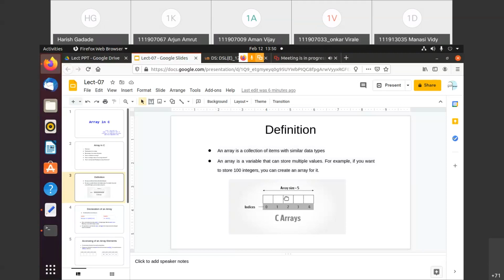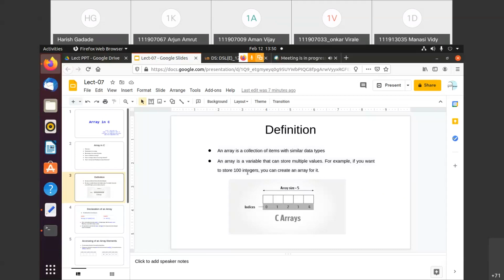Suppose in this example you want to store 10 integer numbers, and if you are not using the array concept, then we need 10 different variables, and you can understand it is very tough to manipulate or declare so many variables.